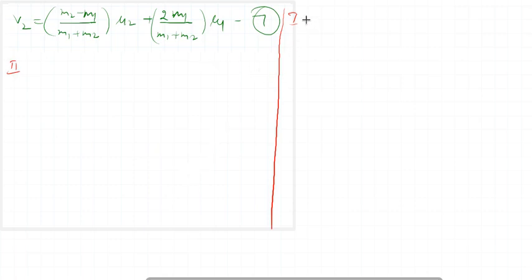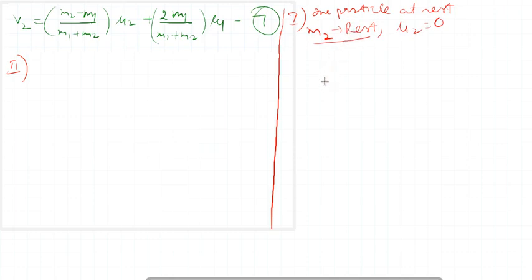So in the first case, I will take one particle at rest. Let us assume that M2 will be at rest. That means its velocity will also be 0, M2 at rest. So if I use the value of U2 is equal to 0, then V2 comes out to be